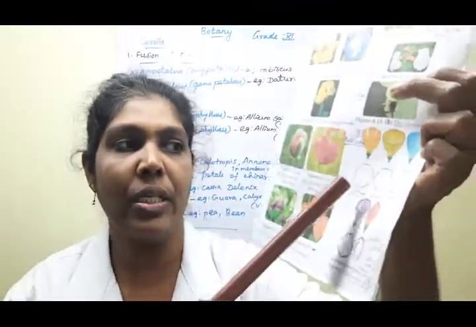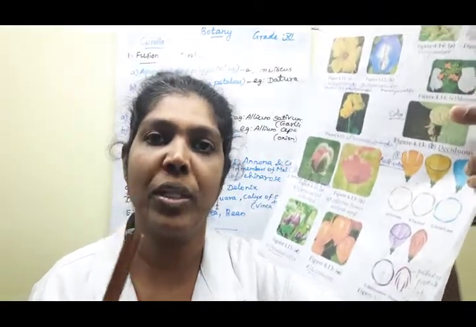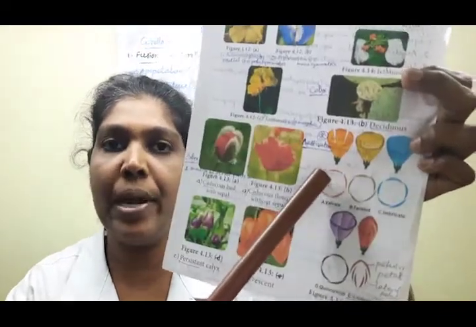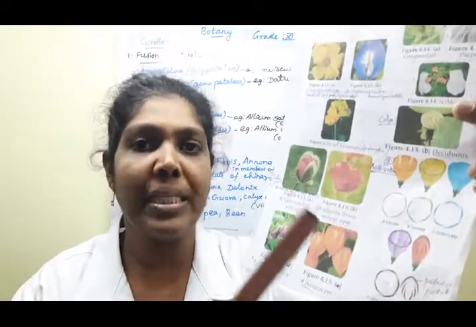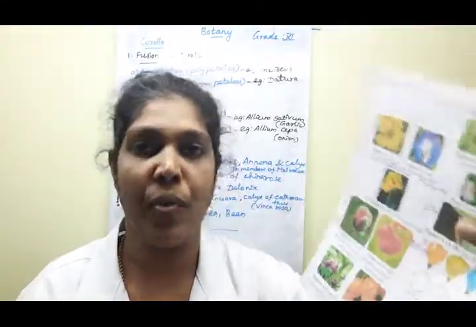So all of you look at this diagram. This is the diagrammatic representation, the floral diagram. If you want to draw the floral diagram, we represent the floral parts like this. Here they are showing either the calyx or corolla. Just consider it either sepal or petal. Each margin, of either petal or sepal, touches the next one. Understood, ma'am? So there is no overlapping.